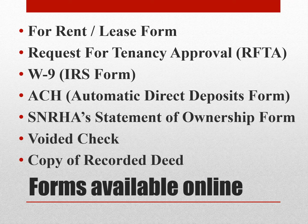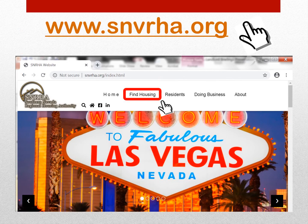Many of the forms that both tenants and owner agents may need are available online. The For Rent Lease form, a Request for Tenancy Approval, RFTA, the W-9 form, the ACH or Automatic Direct Deposit form, SNRHA Statement of Ownership form, a sample copy of a voided check, and a sample copy of a recorded deed. In order to navigate through our website, first go to